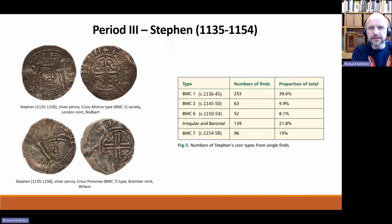So following on from Henry is Stephen's reign. Now, this is really interesting because it's a fascinating source of evidence for understanding the political events of the period, often dubbed the Anarchy, but it provides complementary evidence to other sources as well. Now, the coinage is bracketed at the beginning and end by a single type produced by Stephen. And in between these two types, illustrated here, known as BMC1 and BMC7, there is a plethora of different issues. From the king's own royal mints in the south and east, so BMC2 and 6, so Stephen is still producing, but in this much reduced